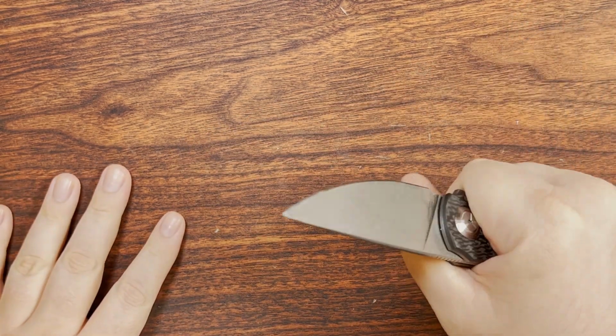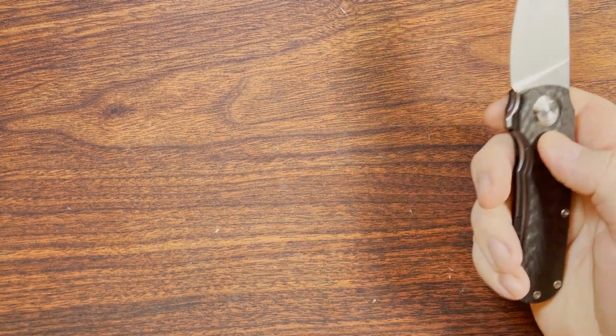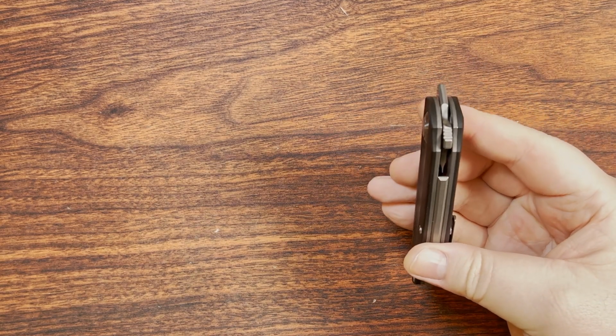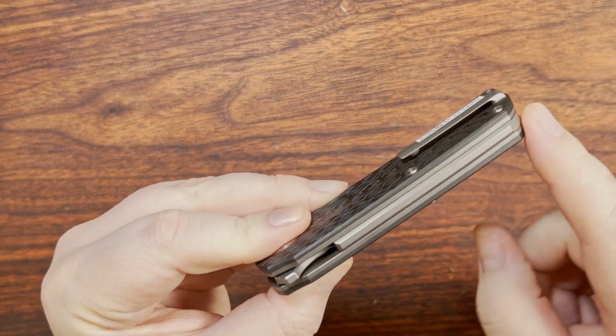So it works out great if you really are muscling through some cuts in a lot of different ways. It really turns out to be a comfortable handle. So I appreciate that. You've probably heard it a couple of times when I'm opening this because of this backspacer,